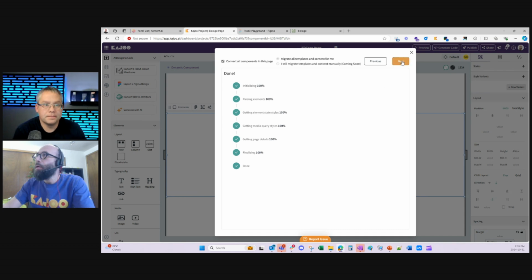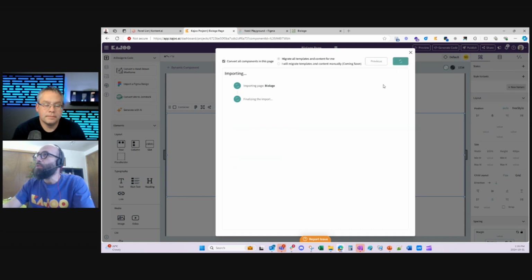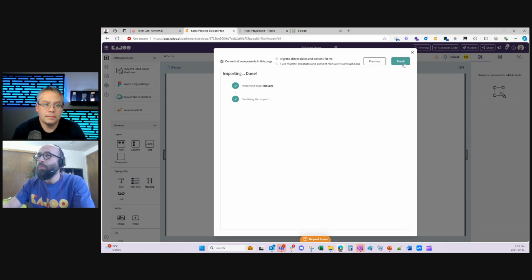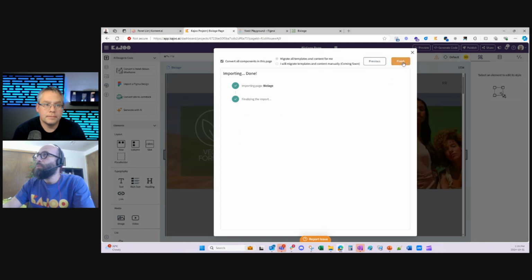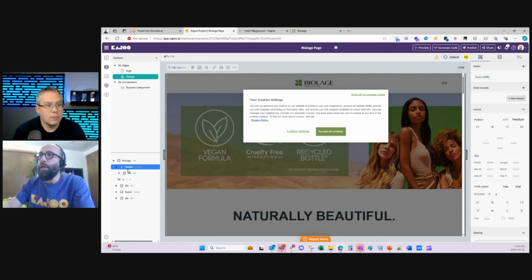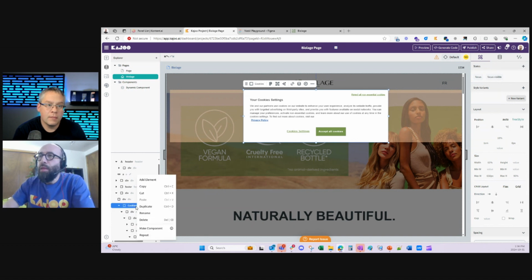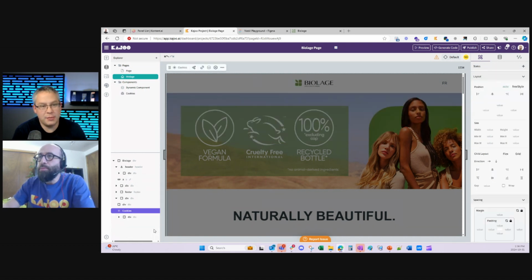Nice. Okay, so this is done. I'm going to import this page. As you can see, it's fully imported. I have my sections here. I'm going to right click on this pop-out and call it cookies, and make it a component. The popular cookie banner.